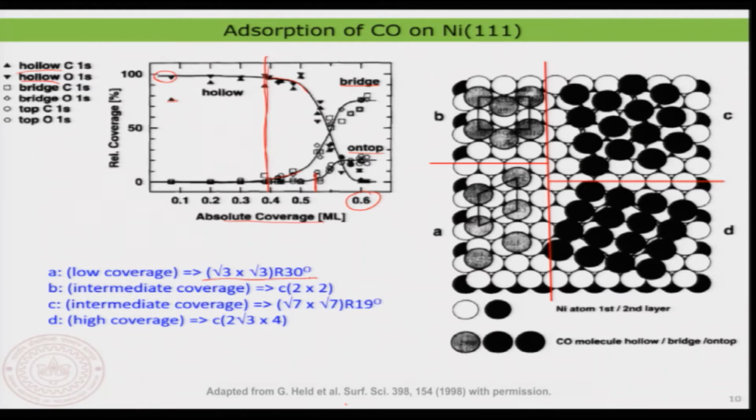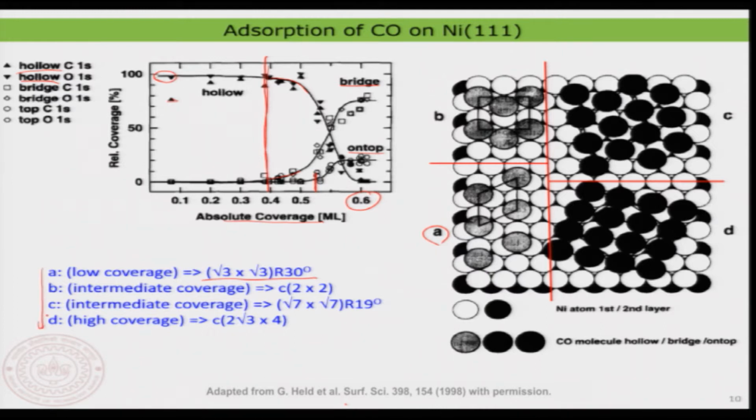So, that is where you would finally find that the bridge and the on top site is occupied and the HCP site is completely gone. So, let me just also show you the different type of structures that is basically assigned at different coverage for this molecule. On nickel 111 surface, so this is again indicated by A here, A, B, C, D is basically